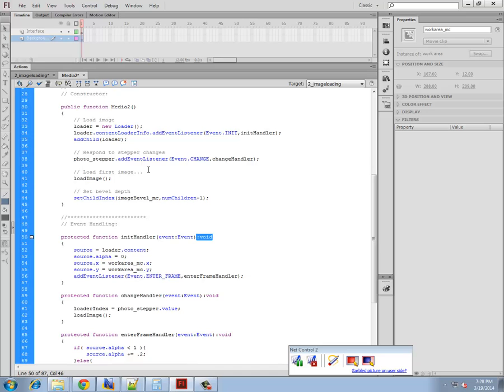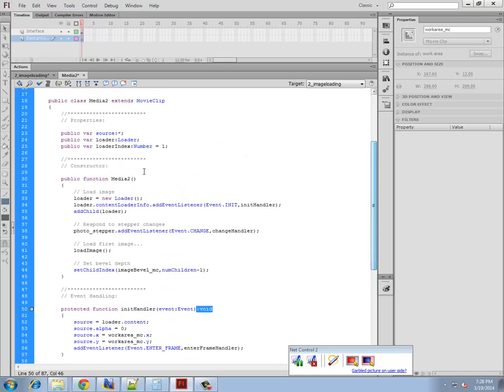Basically what it's doing, and let's start with this public function to load an image, it declares a new loader instance. Loader has the attribute content loader info. The attribute of a loader basically comes from this. So this is a variable by itself, it doesn't have any idea what it is, with the exception that you've declared it to be a loader up here. You're instantiating a brand new loader here,